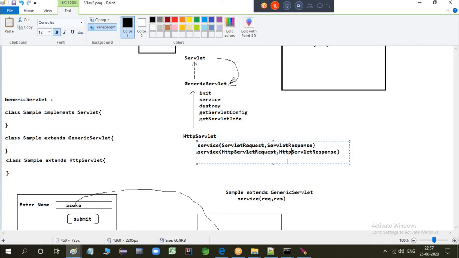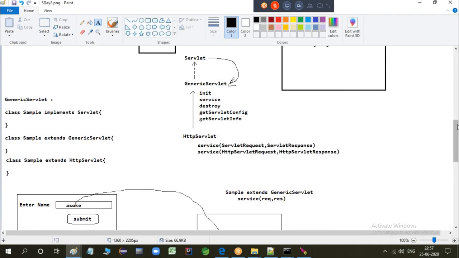Whenever a request is coming, this is my client and this is my server. Client will send a request to the server.